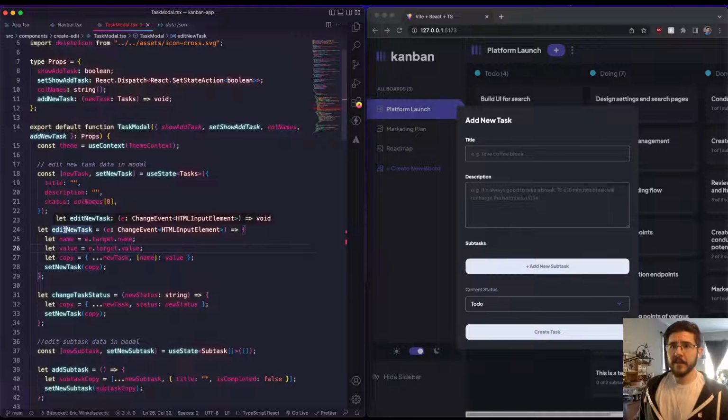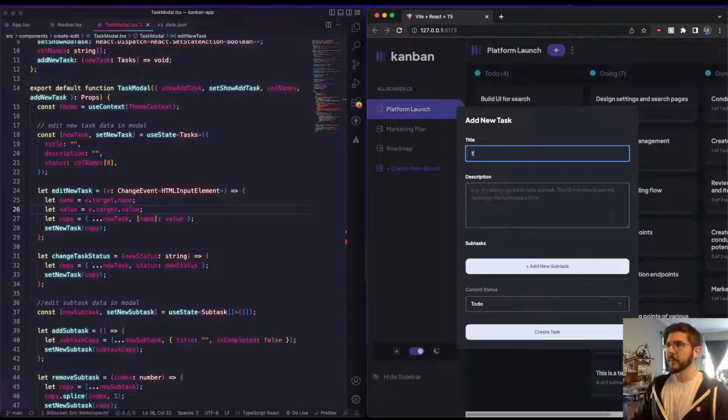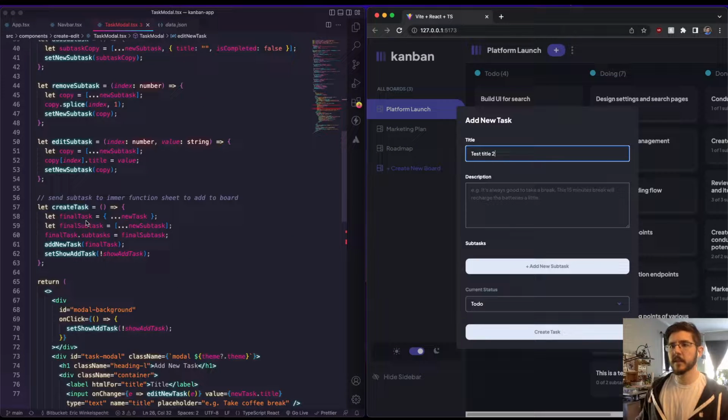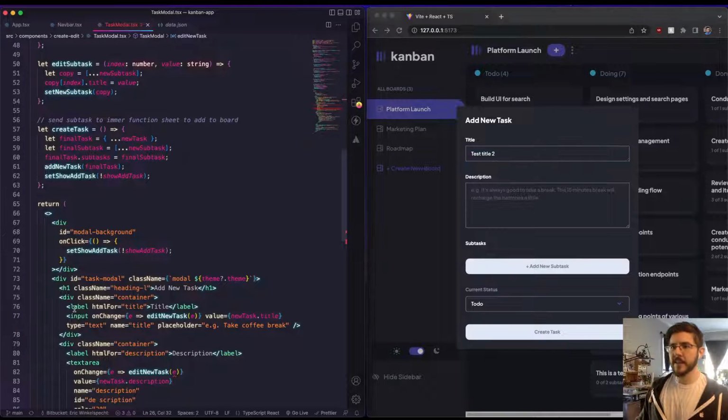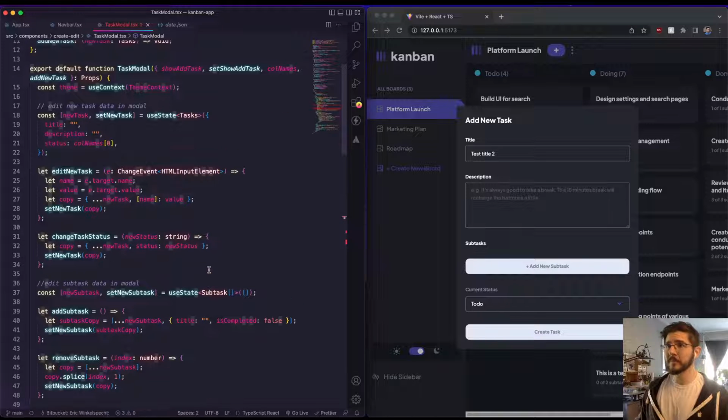Then we're going to edit that task, right? So whenever we actually start typing in here, like if I start typing, test title 2, what's happening here is if we go look at the title label with the input, on change, we pass in the event, and we call our edit new task function, and we pass that function the event, right? With that event, we get a whole bunch of different things we can pass through. The things that we really care about are